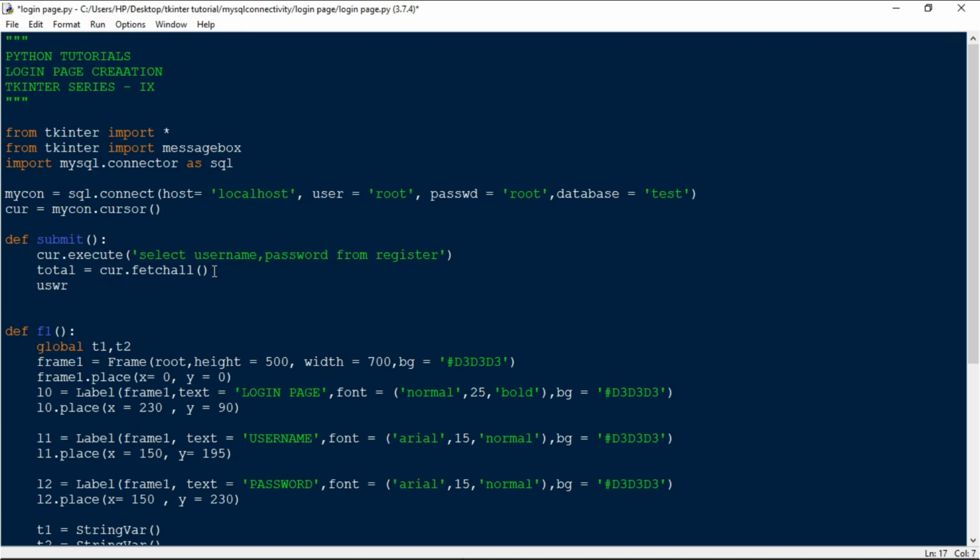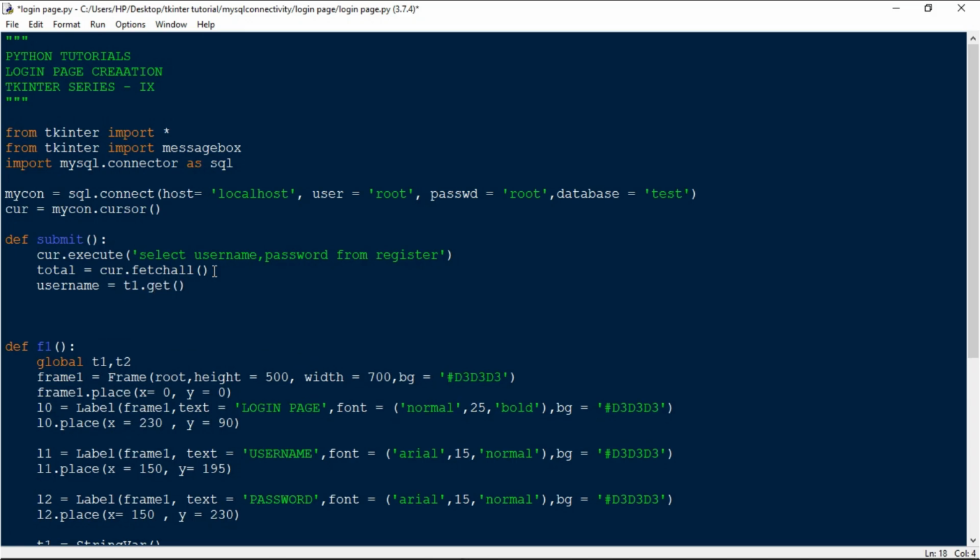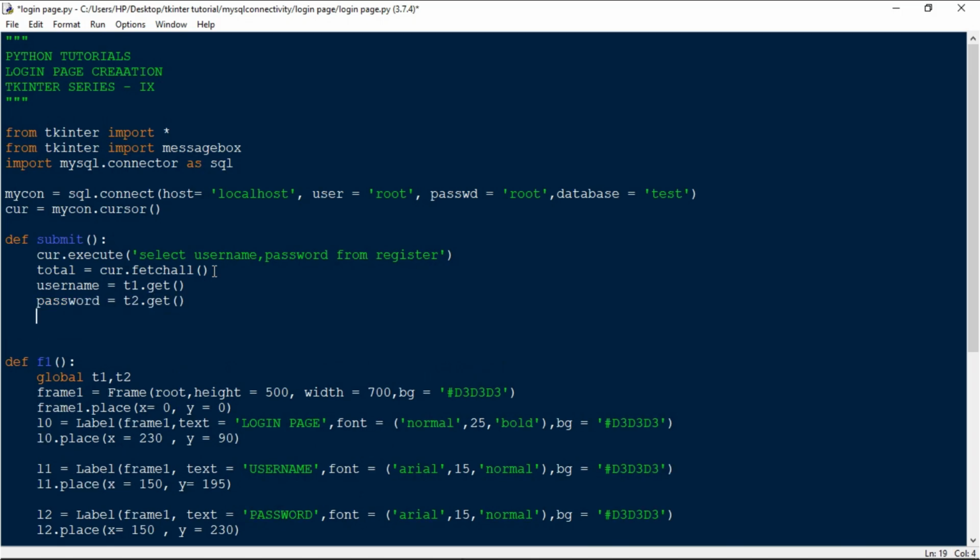So username equals t1.get for getting the values entered inside the entry field, and password equals t2.get. Yeah. So next what we're going to do is for i in total,